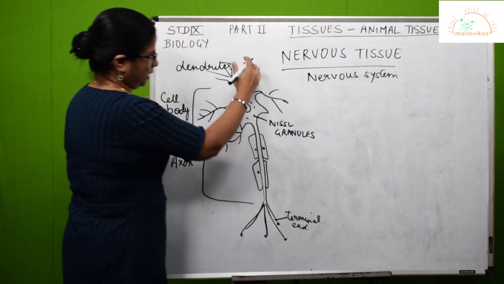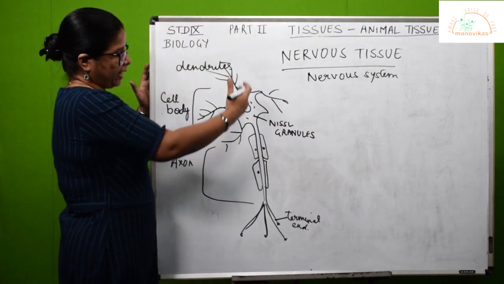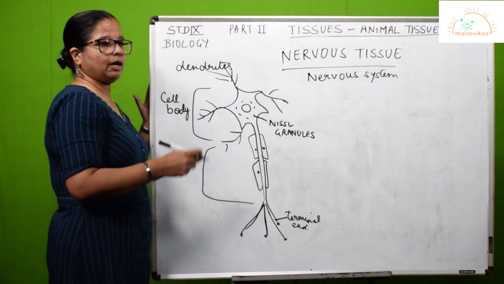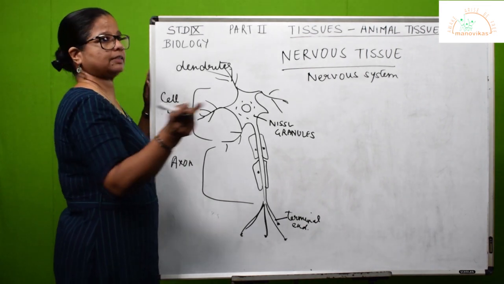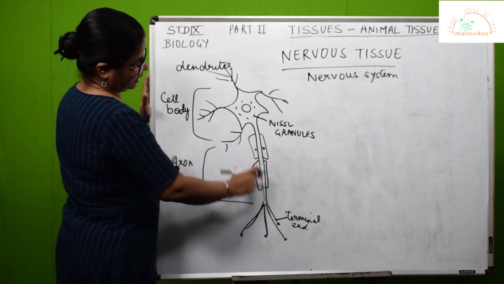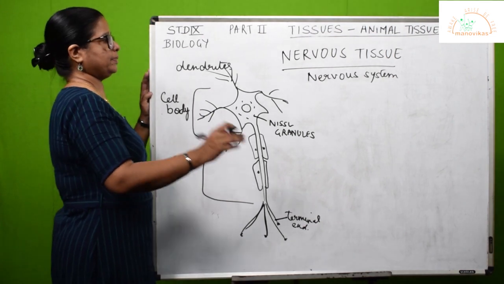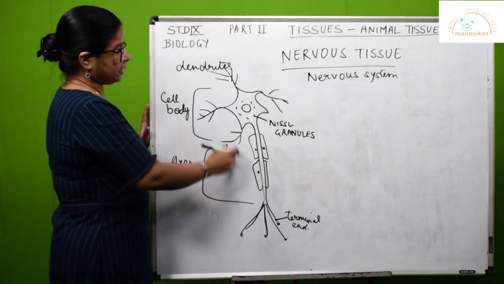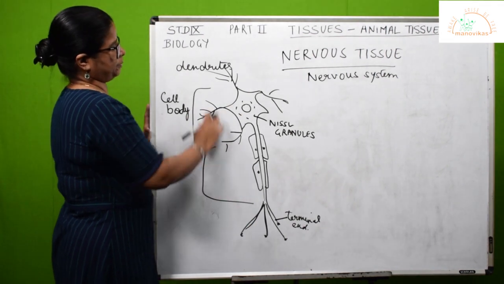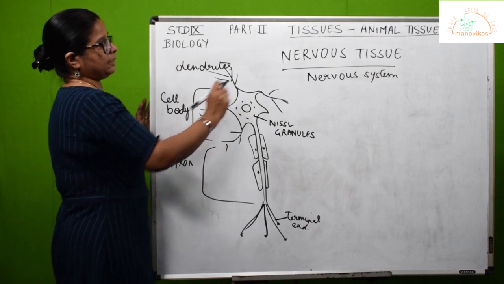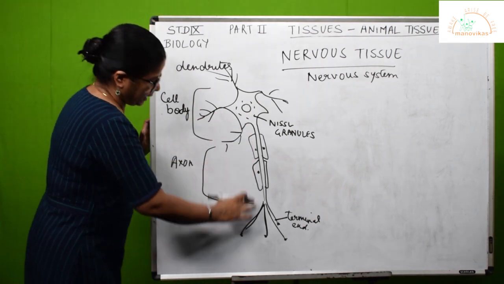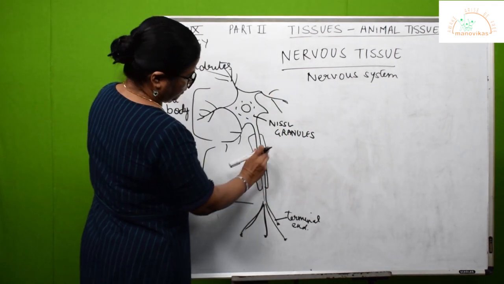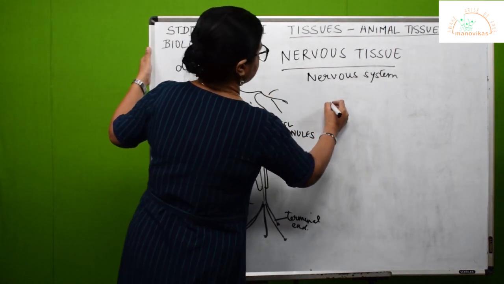These granules are known as the Nissl granules. Now, what would it be if something has to make up a wiring-like structure? That is why these cells are long. They get together like this, and like how a building has electrical connections, the wires run through the building, same way, these cells form long wires through which the nerve impulse is transmitted. That is why these cells are in this long elongated shape. So all these cells get together and make up the nervous tissue. Now a bundle of these axons, when they are bundled together, together make up the nerve.